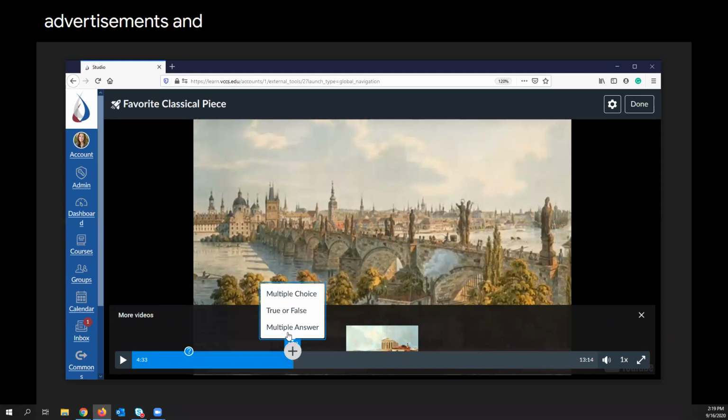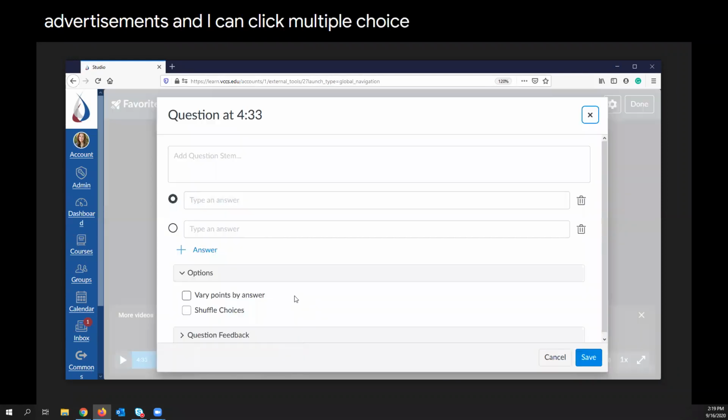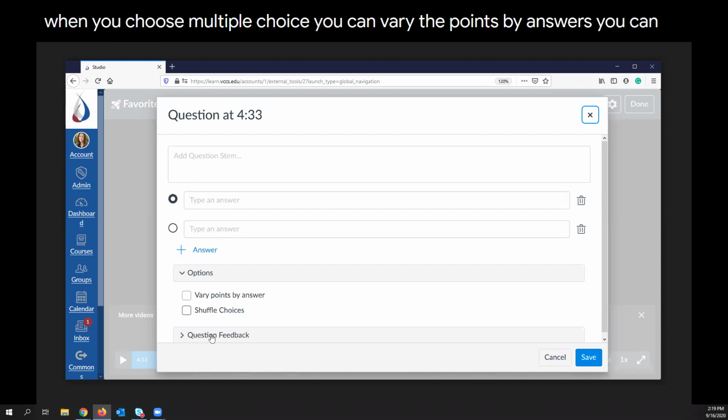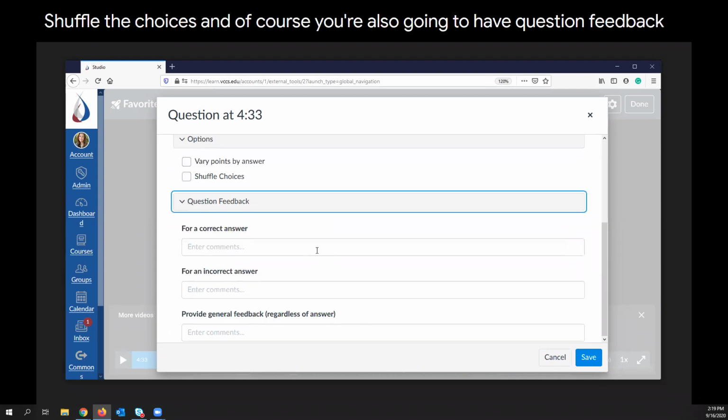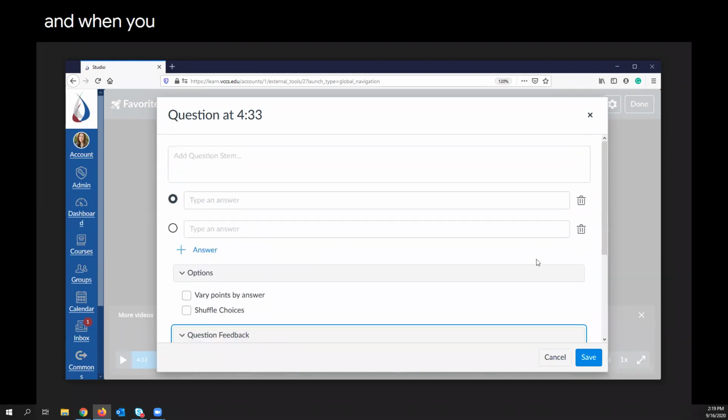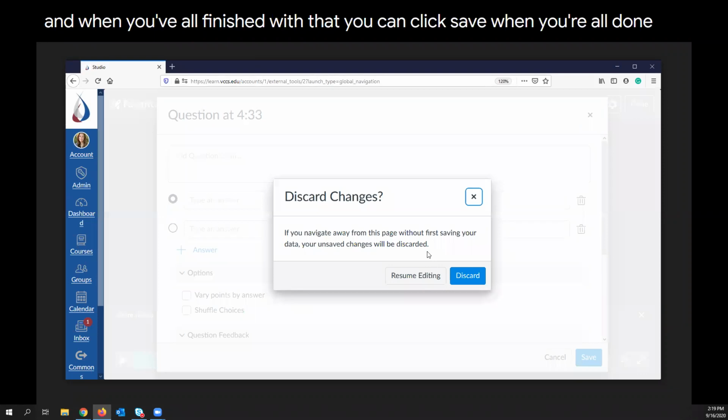And I can click multiple choice. Again, you have some options when you choose multiple choice. You can vary the points by answers. You can shuffle the choices. And of course, you're also going to have question feedback. And when you've all finished with that, you can click save. When you're all done,